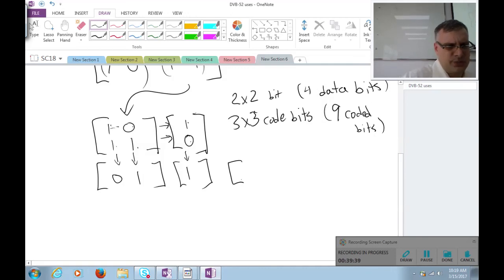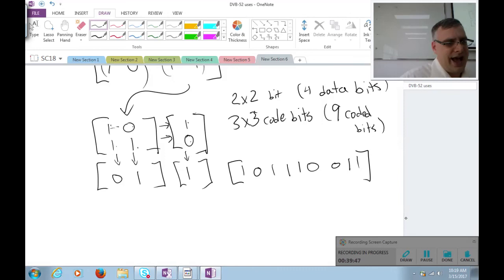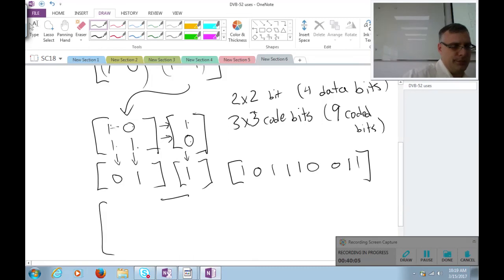So, now I could transmit this as a signal: 1, 0, 1, 1, 1, 0, 0, 1, 1. And the interesting thing now is that I have enough data here to figure out not only if I have received a bit in error, but I actually have enough information to correct the bit that I've transmitted in error. Right? Let's say that when I reconstitute my block,